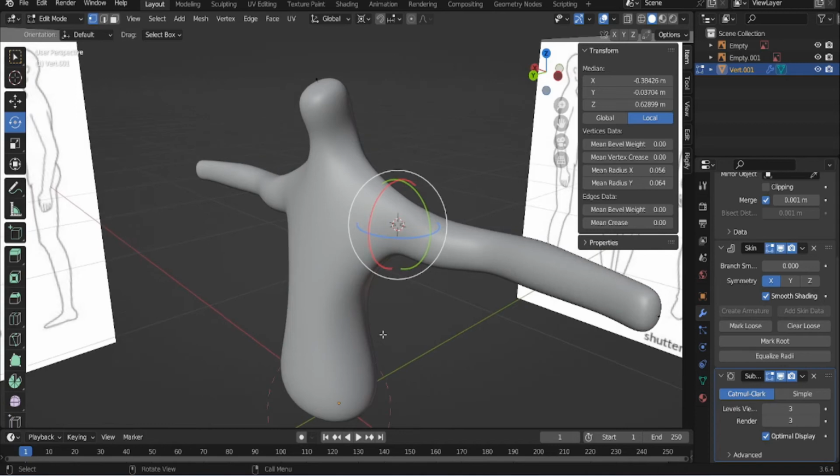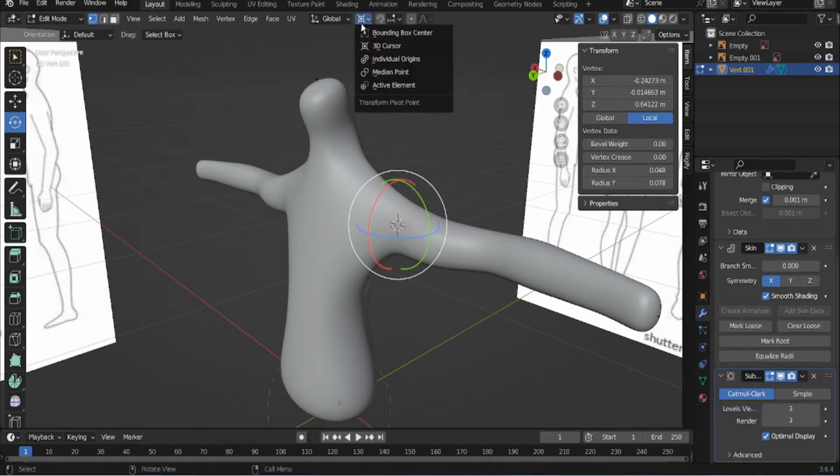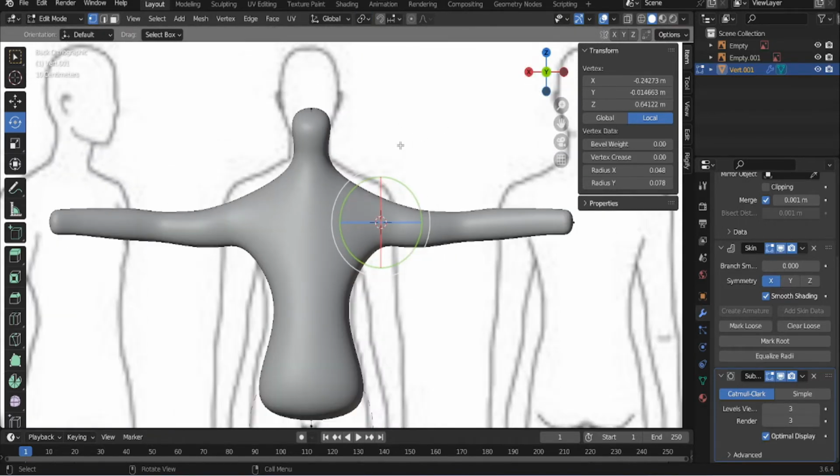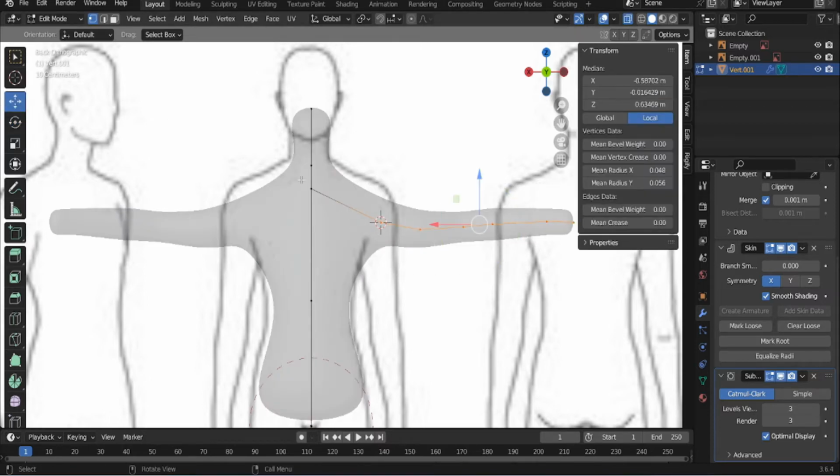This is what I meant when I said that you need to play around with your mesh, to move points around, to scale them up and down until you get the shape that isn't breaking your mesh. Now that we have the shape like this, let's switch this back from 3D cursor to median point. And now we also need to improve this shape a tiny bit so that it is better matching this reference